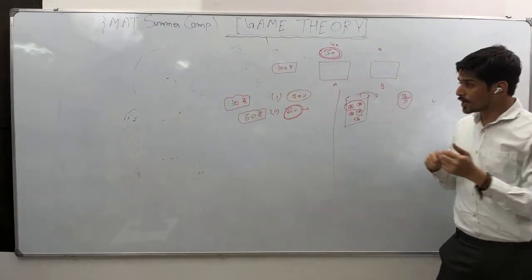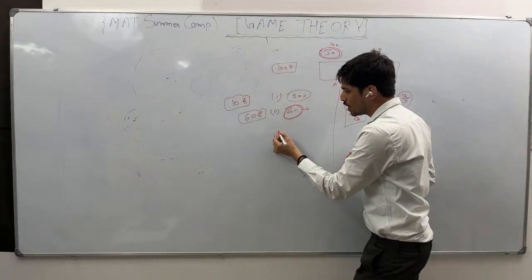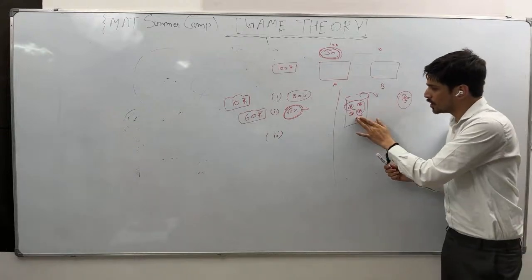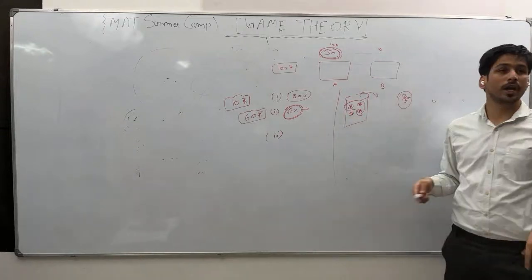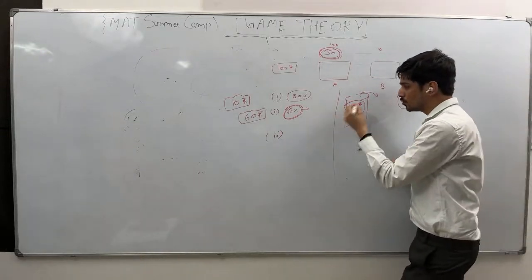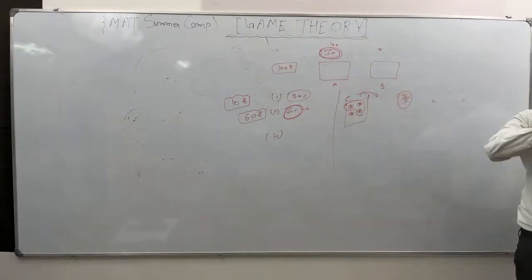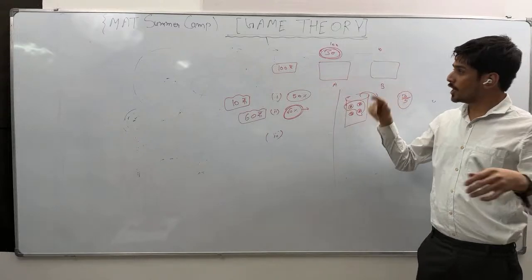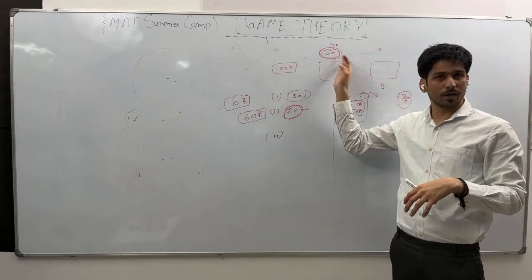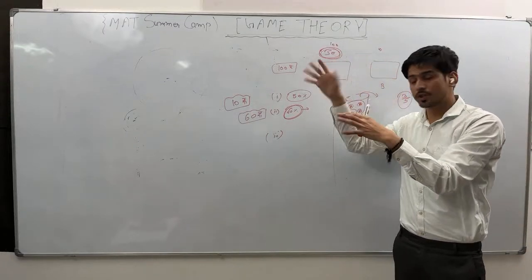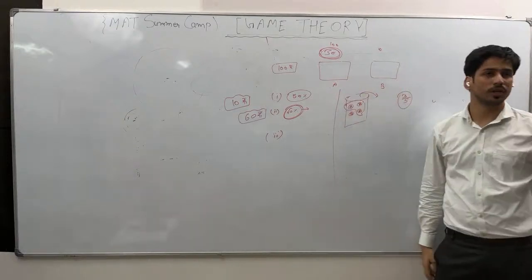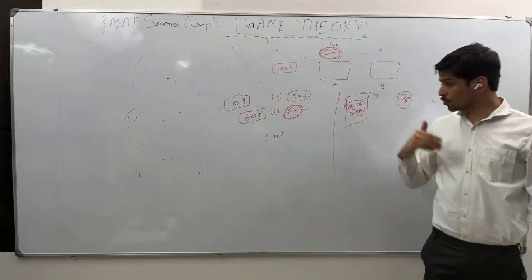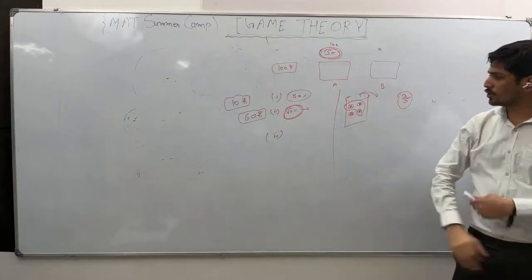Is it clear? Next time, let's say the first ball you have drawn, and let's say that is B. You have given 10 rupee, and that is gone. Now you have this situation. Now, how much amount are you willing to pay to withdraw one more ball? One ball is gone, and let's say you have found B and you have checked B, so it was not there. Next time, you know it is in A, but this time again I'm changing. A new situation has come. Now you have four balls only, but you don't know which ball it was before. To draw the second ball, how much amount are you willing to pay?